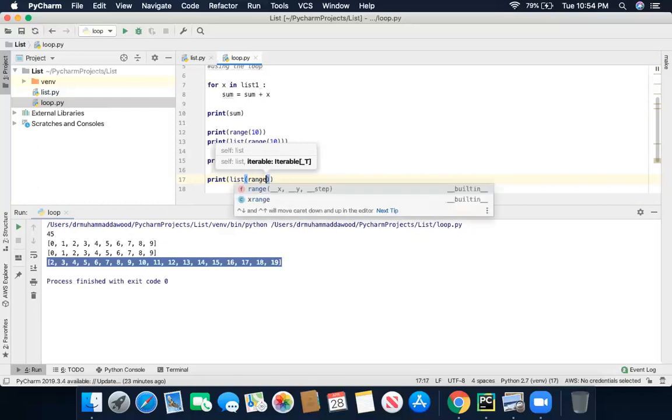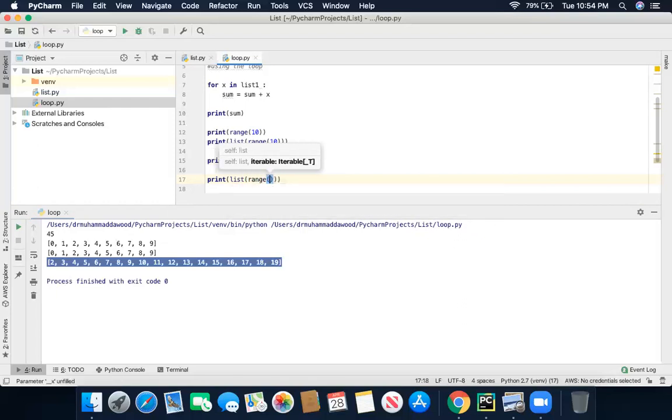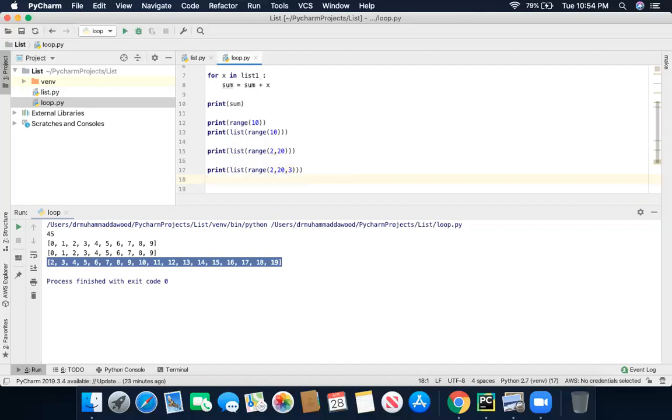It's like range, and now what difference do you want to make? Here, 2 to 20 with a difference of 3. It will show the output 2, 5, 8, 11, 14, 17. So it shows the difference of 3. Yeah, it does.